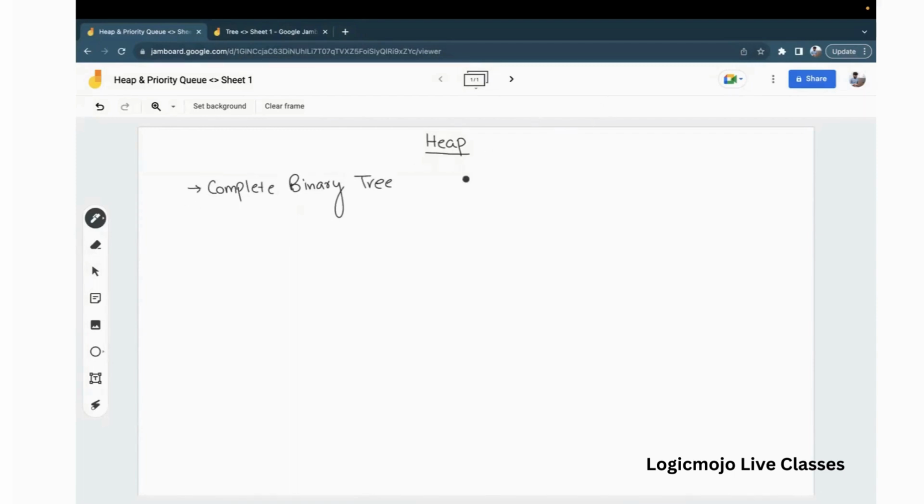So there are two types of the heap. One is called the max heap, another is called min heap. Now what is a max heap? So in the max heap, all the values at the root node or at the parent will be greater than